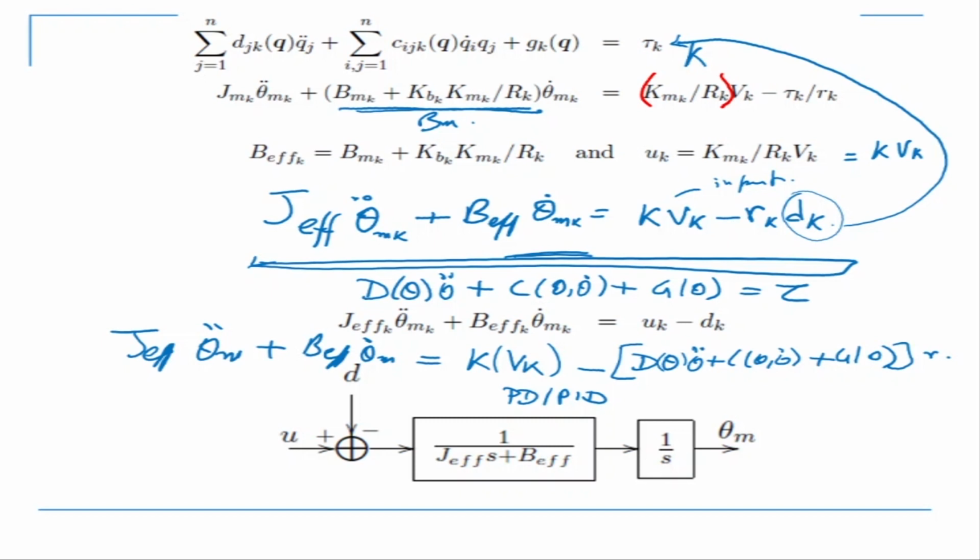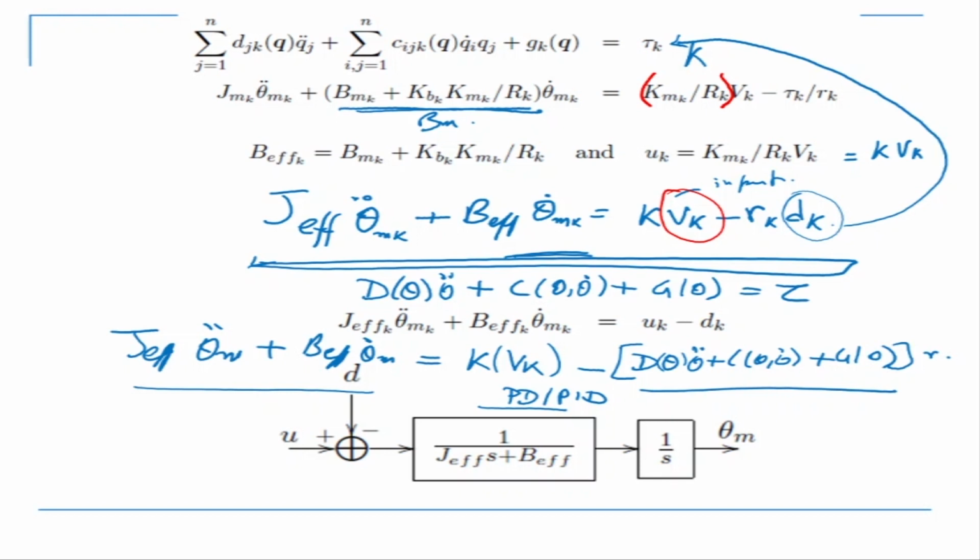So what you understand is this is the motor side, that is the link inertia, and this is my controller. That is the full system which we are trying to control. In short, we are writing it this way, and what I am basically going to do is design a controller and put it here.